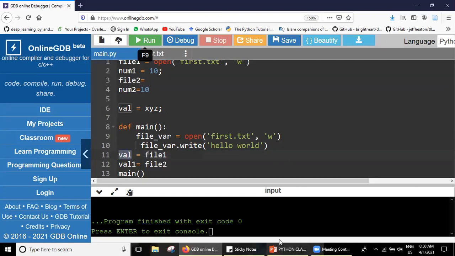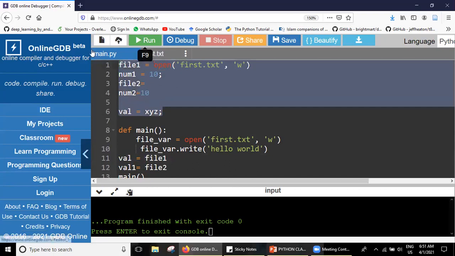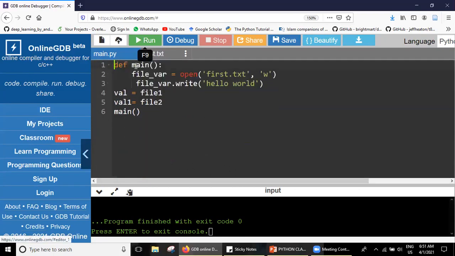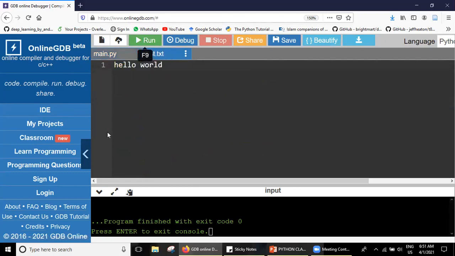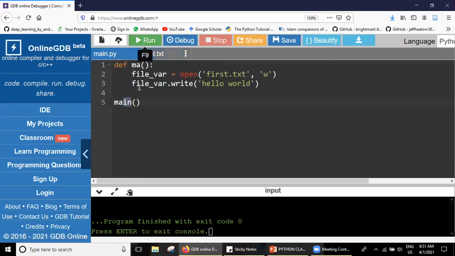Or in simple words, to keep our files and our values local and not accessible globally, we use a function. This point should be enough for you to understand, and this is the main motivation of every programmer to write any file in a function. Not only the main function, of course you can write it in any other function. For example, I have changed the name, and it's not a main function now, and it also does your task.